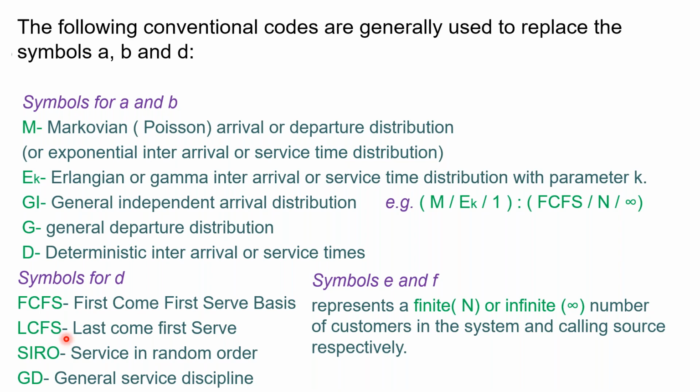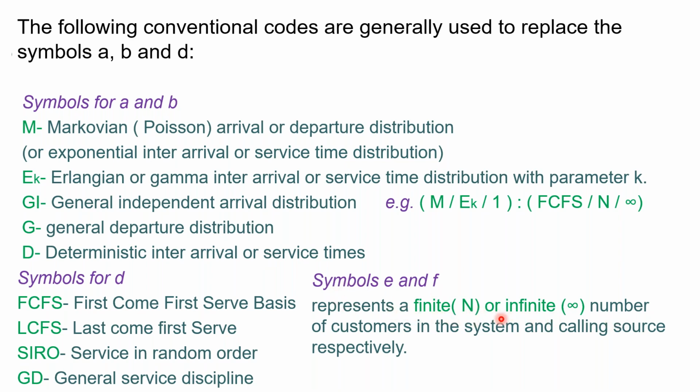Then LCFS, last come first serve. In last come first serve, the customer or the part that arrived last will be served first. Then SIRO, service in random order, randomly served. In this particular method, the customers are served randomly. Then it can be represented by GD, which represents general service discipline. Now symbols E and F represent a finite or infinite number